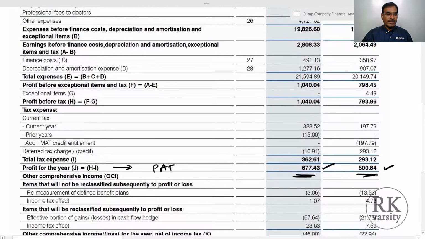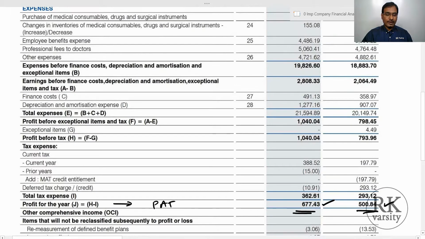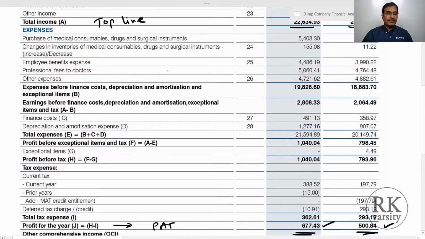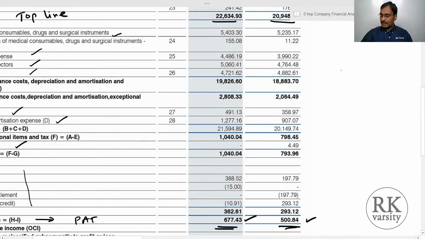And if you observe here, to derive the profit after tax, the company deducted all the expenses. So here you have expenses for purchase of materials or direct expenses, employee benefits, professional fees paid, other expenses, then your finance costs, depreciation and amortization expenses, exceptional amounts, current taxes. So all expenses are deducted here. That is the reason why I felt it is appropriate to use total income instead of revenue from operations to calculate net profit margin. Here we can calculate this for the two financial years.